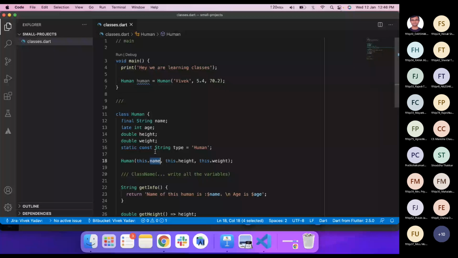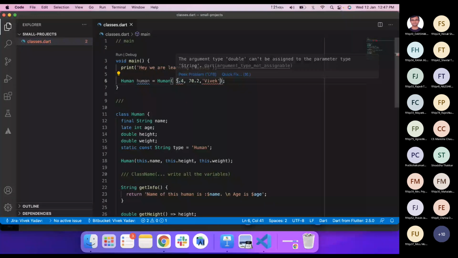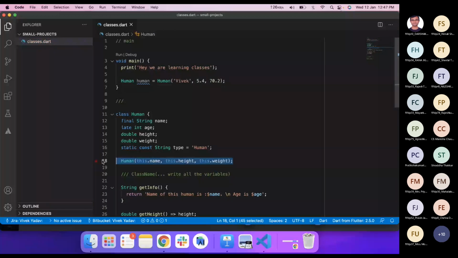If I remove this Vivek and pass it at the end, we get an error. The error says the first argument we provided is of type double, but a string is expected. That means if we have a constructor like this, we have to pass the values in the same order, in the same manner.